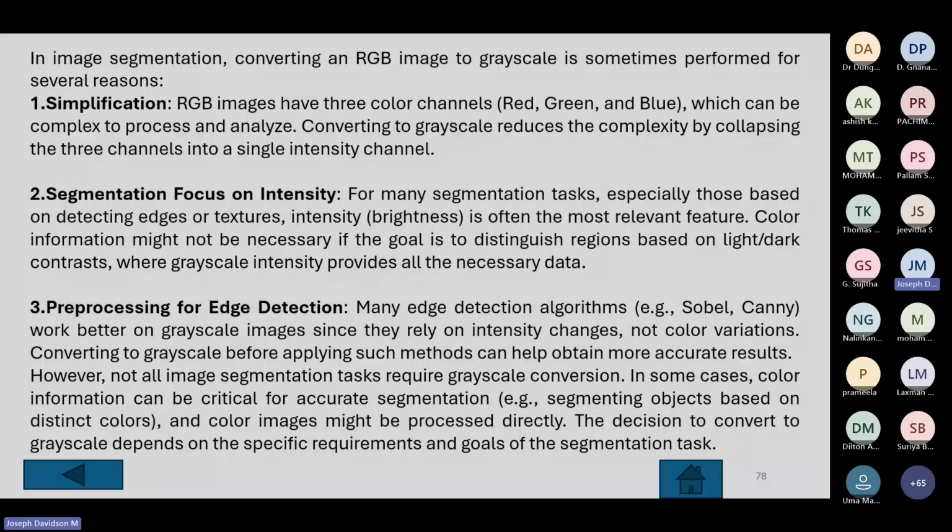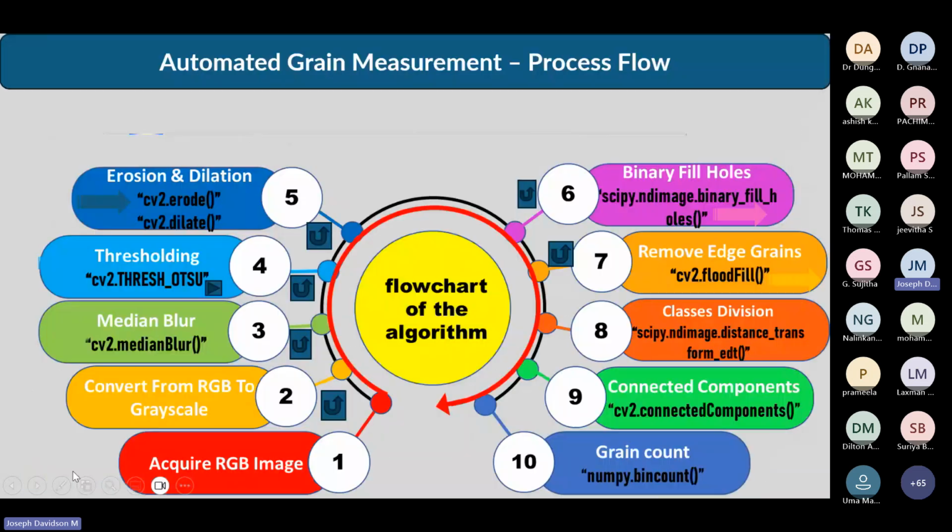And again, another thing is I said that the algorithms like Sobel and Canny, they find out intensity variations between inside of a grain and its boundary, right? So for these algorithms, grayscale is better. Instead of having very large intensity variations and confusing these algorithms to find out which is a boundary and which is not a boundary, if we have a lot of intensity variations, they may think that inside also there is a boundary, and it will draw a lot of lines, right? So for the sake of edge detection also, I want to convert this particular figure into grayscale.